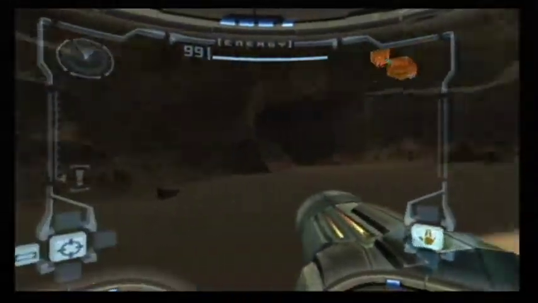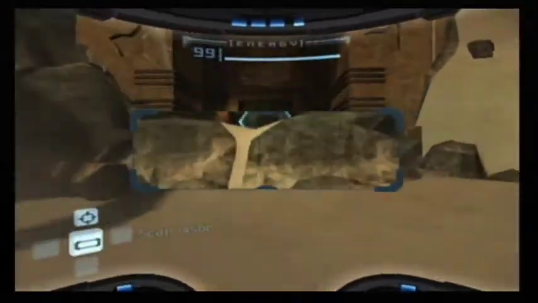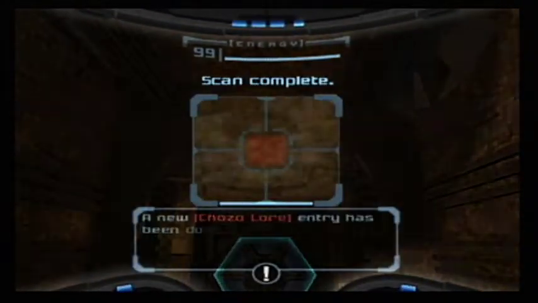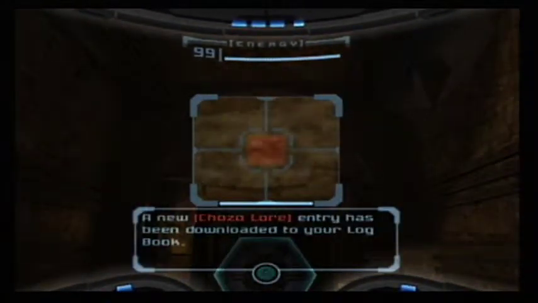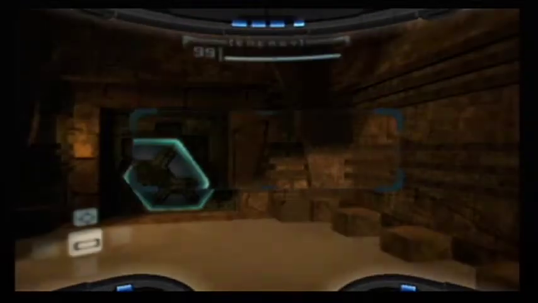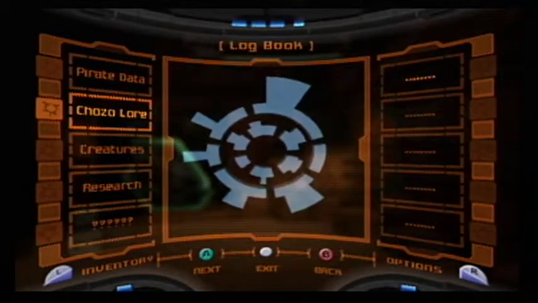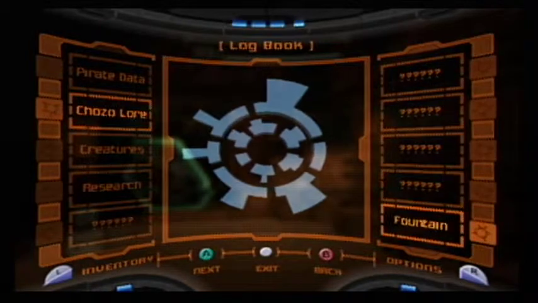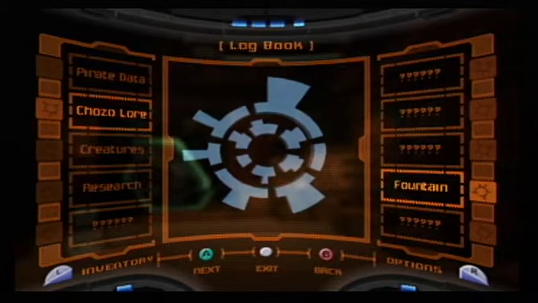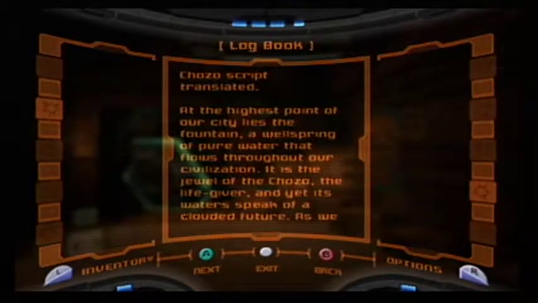And now, a bit of an issue for our scanning is right up here, Chozo lore. Now, the thing about Chozo lore, and about this game in general, is that, I'm gonna go into the logbook for this, just because I want to know what this lore is called. It's called Fountain. Okay, so the thing about Chozo lore in this game...